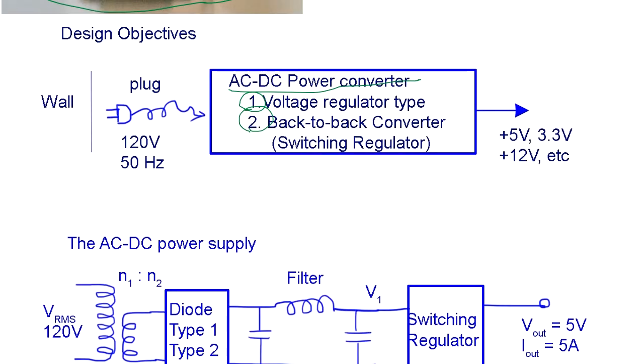Let me turn off this setup. Basically, look at the first video: the wall 120 volt, this is the RMS voltage, a step down transformer, a diode, and a simple filter. It doesn't have to be very clean here. And the switching regulator, the back-to-back converter, is going to time slice